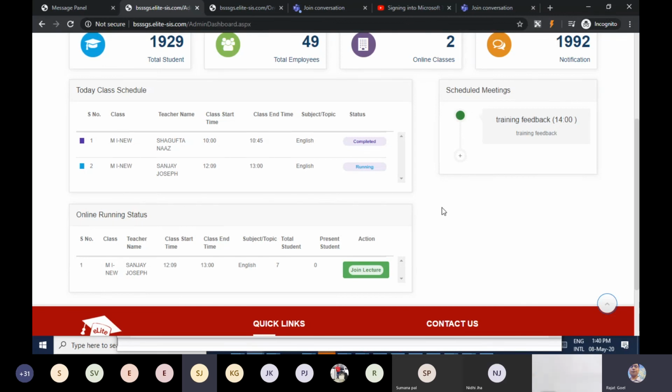So we have tried to accumulate the information on a single screen for each and every actor who is going to use this system. This is, I believe, all from my side. Now, if there is any question in anyone's mind, they can ask.